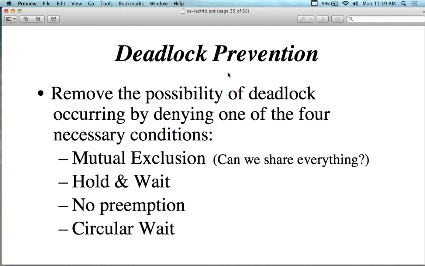So, deadlock prevention. Remove the possibility of the deadlock. Make sure it just never happens. It is prevented by denying one or more of the following conditions. So we're going to enforce mutual exclusion. Can we share everything? We can designate, and this is what operating systems actually do in terms of prevention,